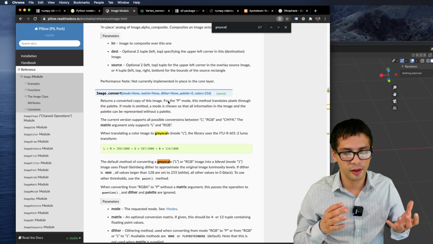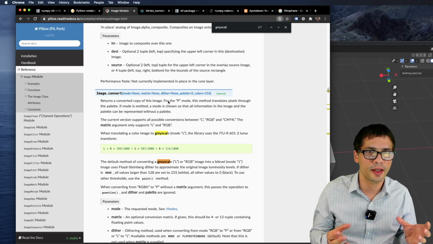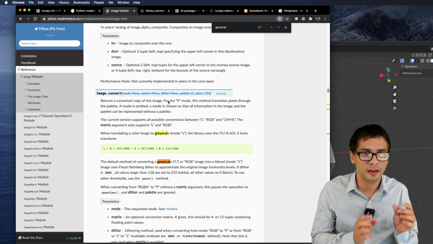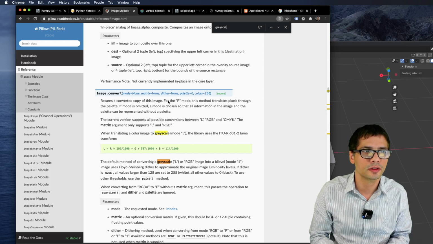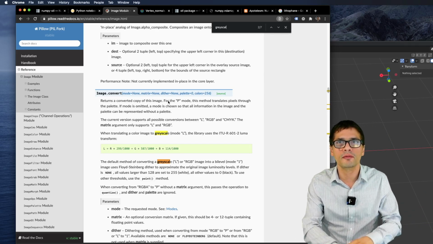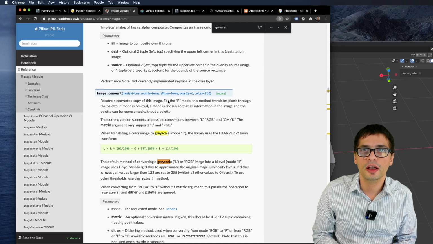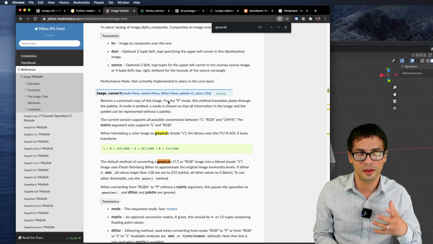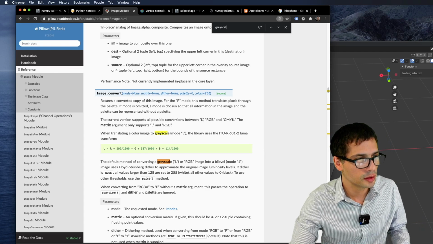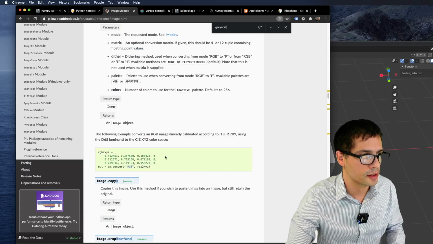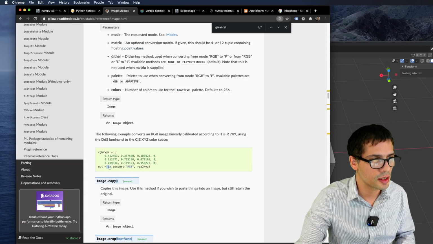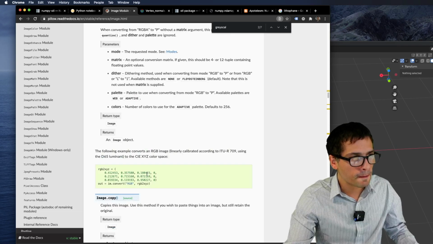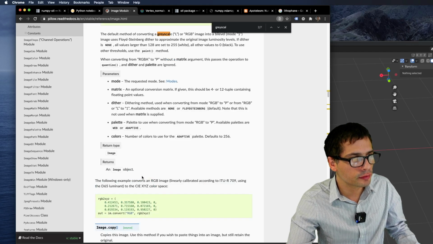If we're converting this to grayscale, we have to take the pixel intensity of each color, somehow average it together, and get only one. So you could maybe take the 3 pixel intensities and divide by 3, right? There are different algorithms on how to convert an image to grayscale, and it's out of the scope of what we're doing here. I'm just going to use whatever is easiest. So we can see here an example of converting an image to RGB, which is not what we want. We want grayscale.